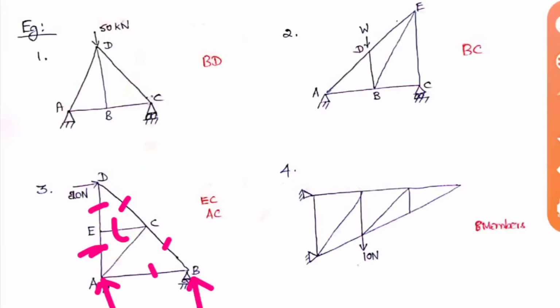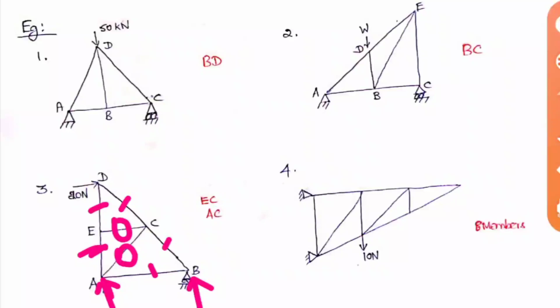And by rule 2, if two straight lines are there having the forces, then the other force will be a zero force member only. So here EC will automatically become a zero force member, and if you come to AC, it is also a zero force member. So how I am telling this: at the point A, the vertical load is applied and it is directly taken by the AE, so there is no problem in it. So in that case also you can just assume that. Or else when you come to joint C, here CD and CB are in a straight line and they are non-zero members carrying the forces, so already they are equalized there.